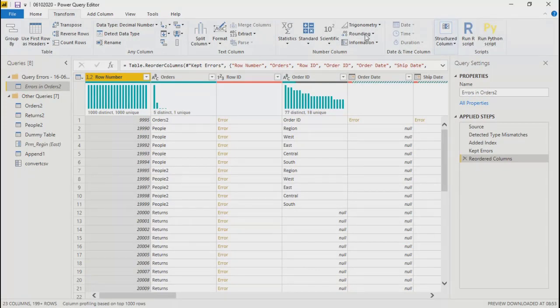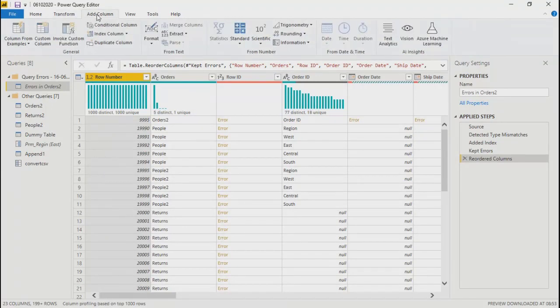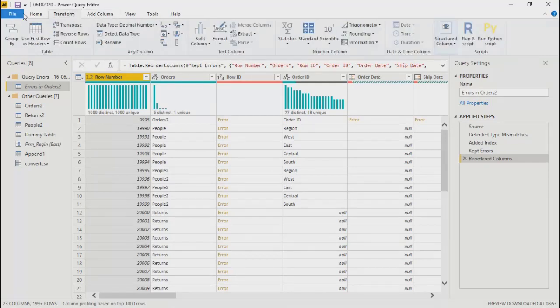R script and Python script, you can skip till here only, right? Starting from this, and maybe add column, you can skip that also right now. So just revise these first two tabs, except the trigonometrical and script based fields, and we'll meet again so that we can go further on these options.